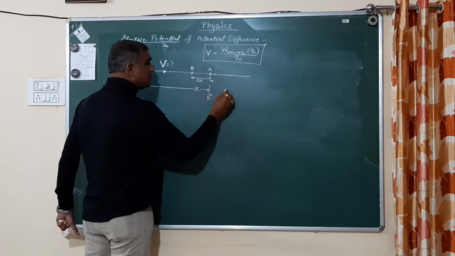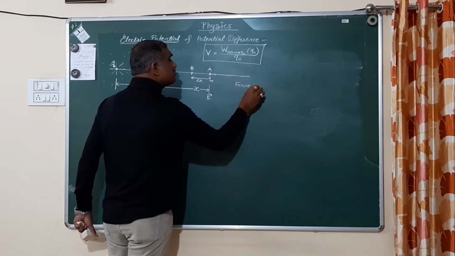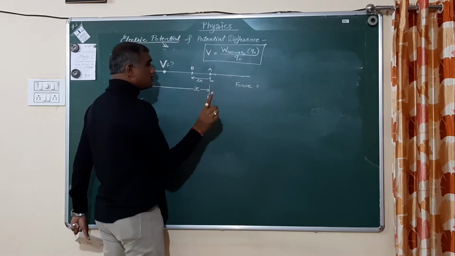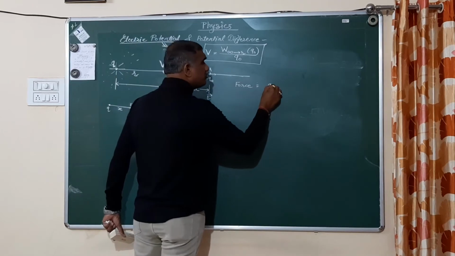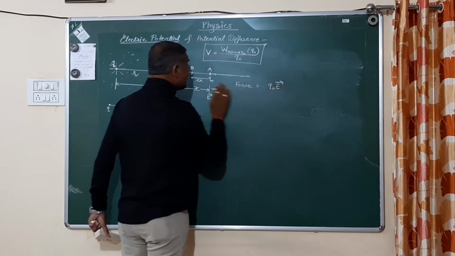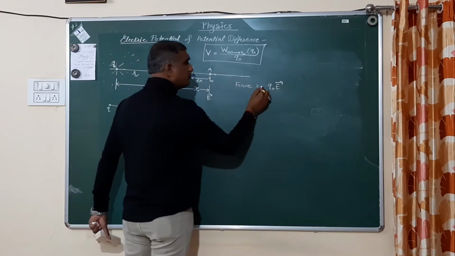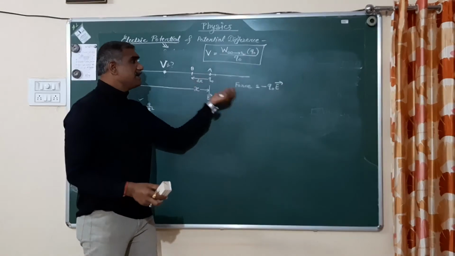That means that force is equal to, I am writing here, force on 1 coulomb charge is equal to E, so force on Q0 charge is equal to Q0 multiplied by E. But E is acting in the outward direction. How much force do I have to apply? With a negative sign, because I have to apply the opposite force.